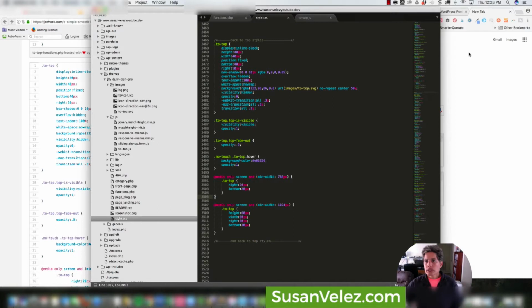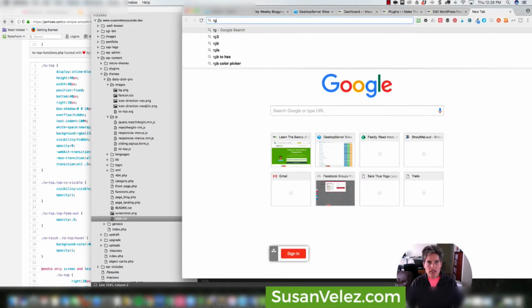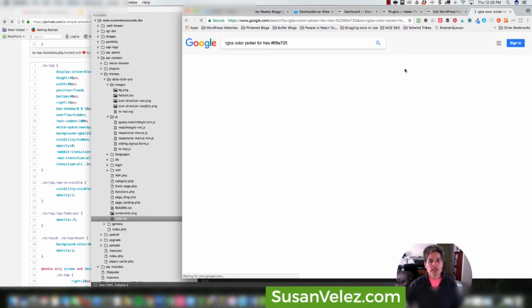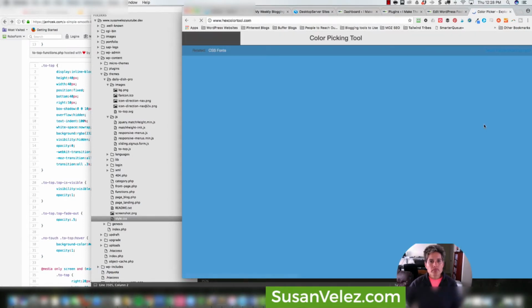Now, I don't really know what the background color is for mine, so let's see. RGBA color picker for hex. 68A725. Now, if somebody knows an easier way to do this, then definitely let me know in the comments below,